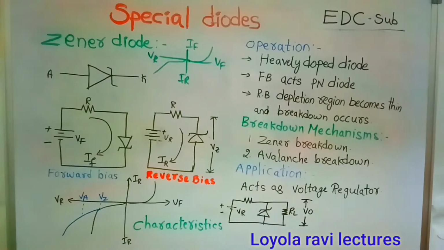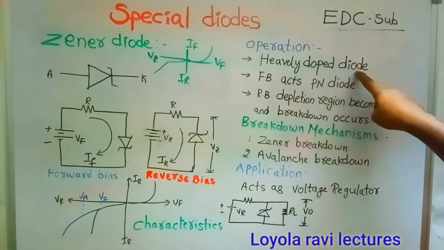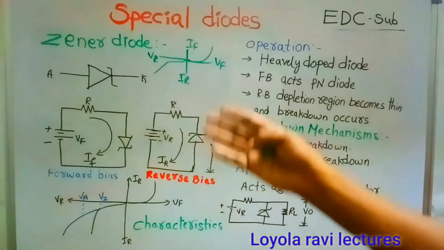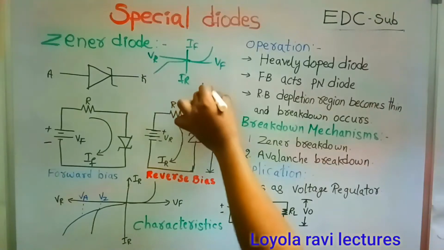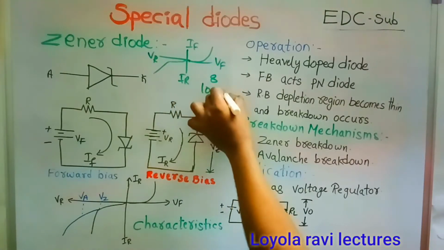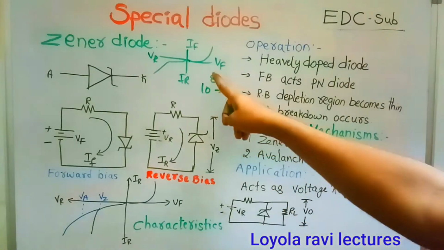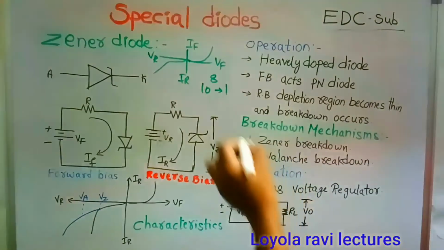That is why we fabricate another important diode to rectify this breakdown problem. That is a Zener diode. This is a heavily doped diode. The concentration of the doping is very high. For example, in a PN junction diode the doping concentration is such that for 10 power 8 atoms, I add one impurity.